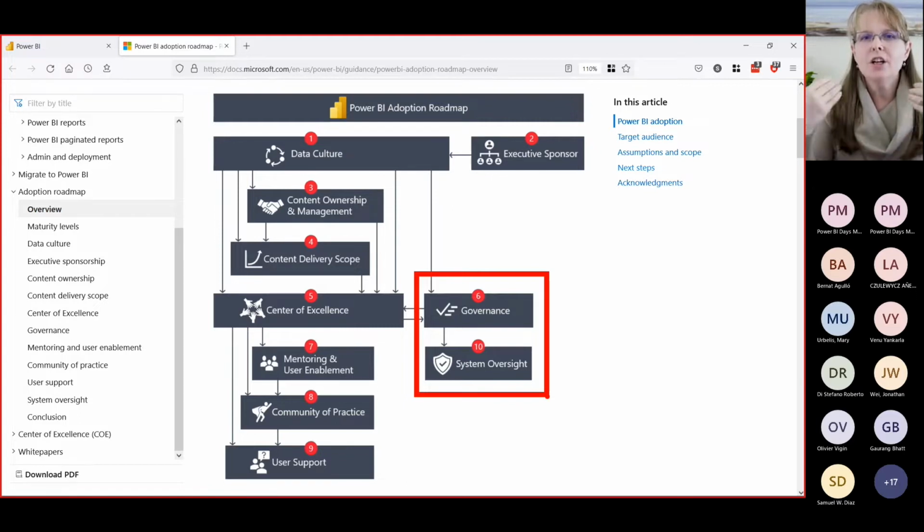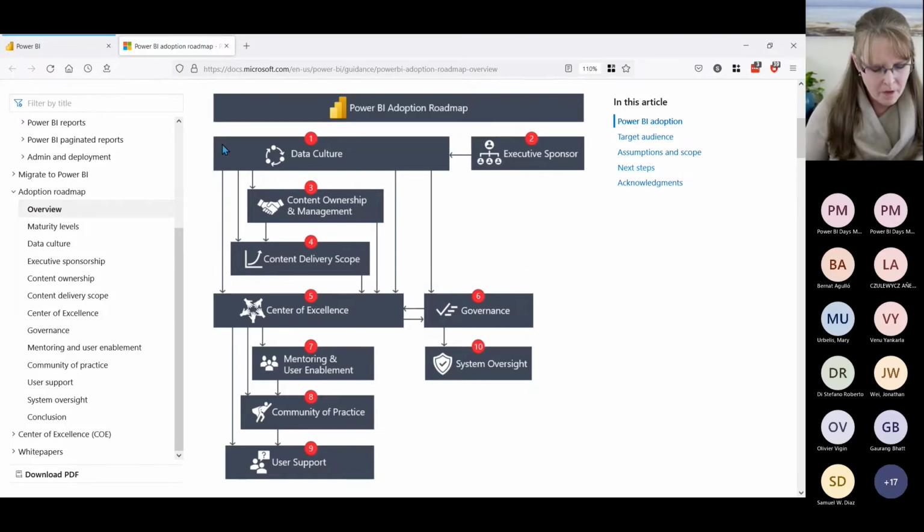And then governance, those decisions and policies, processes, guidelines, whatever you call that sort of thing, impacts the system oversight. In the Power BI adoption roadmap, we call it system oversight, and really we just mean Power BI administration. System oversight is just a little bit more palatable for managers reading the documentation and that sort of thing. But if we go back now to